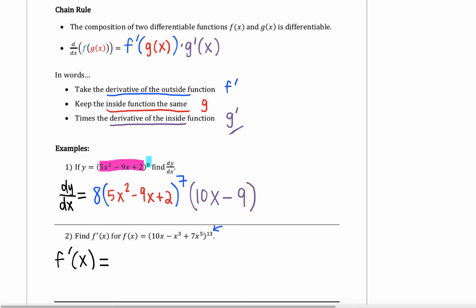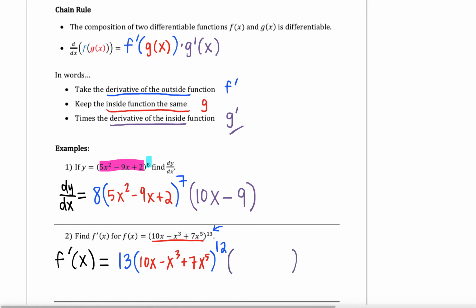To take the derivative of something to the 13th power, the 13th power would come down. I would end up with something then to now the 12th power by subtracting 1 using the power rule. Now in the chain rule, it says to keep the inside function the same. So our 10x minus x cubed plus 7x to the 5th all stays the same. So I did the derivative of the outside, kept the inside the same, times we now want to take the